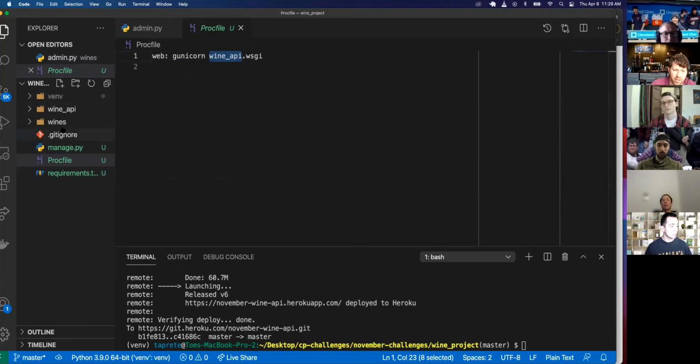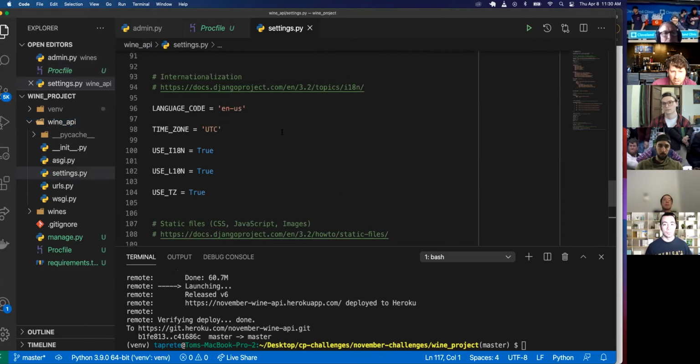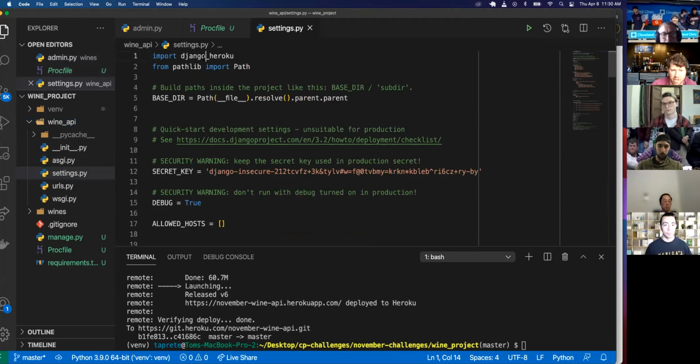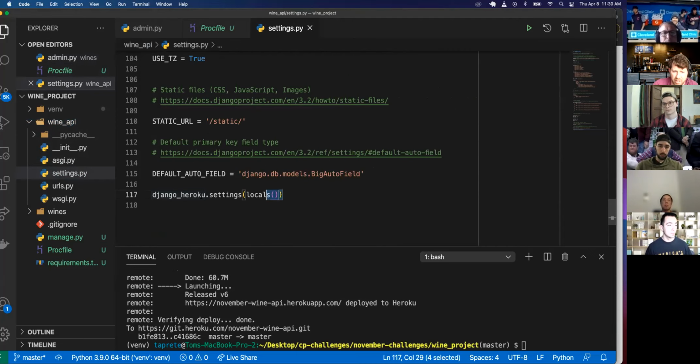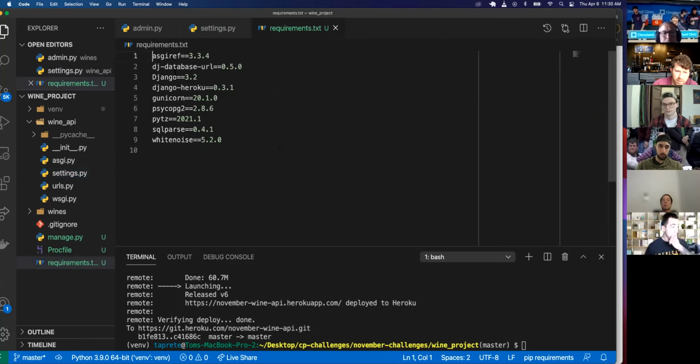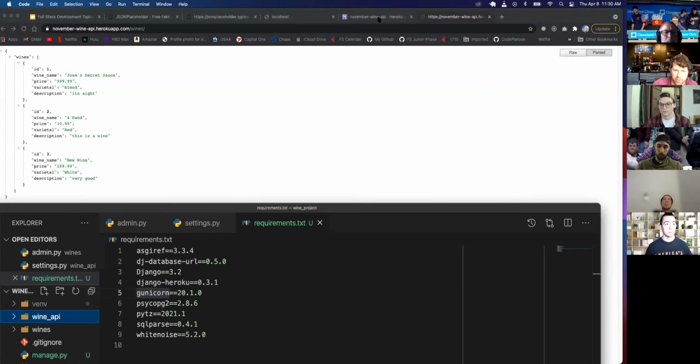And then inside of your settings.py file, add this django_heroku up there, and also add it at the very bottom. Pip freeze requirements. You also have to install django-heroku and gunicorn. Create your .gitignore file, and then just follow through